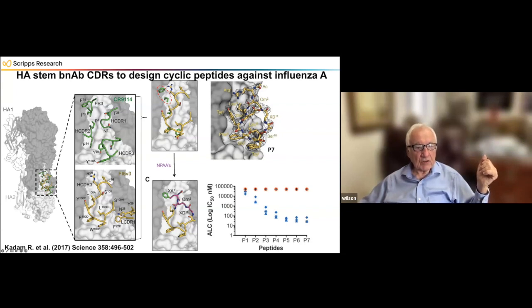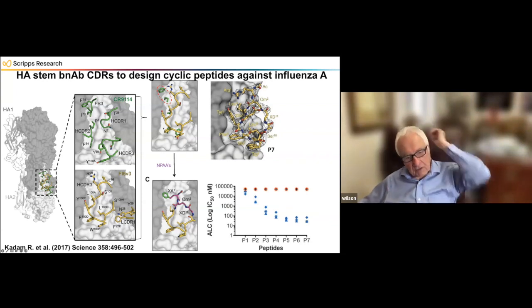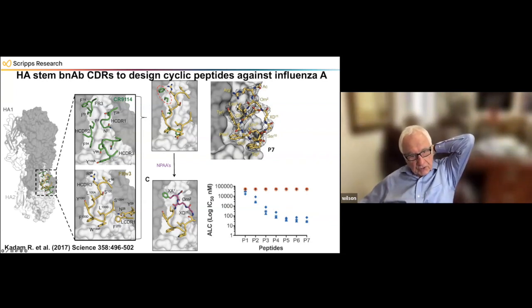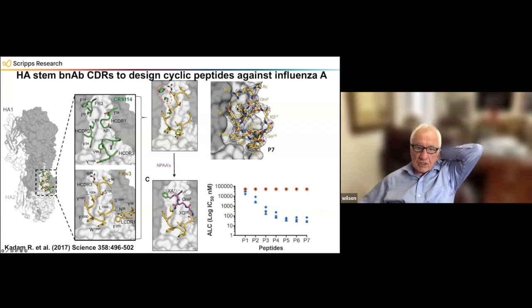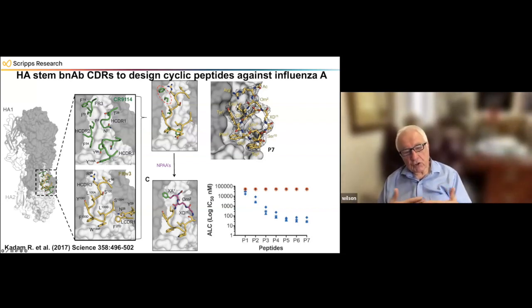Can we pick up this interaction? And then by cyclizing it with proteogenic amino acids, we actually made this compound. Again, this was made at Crucell. We solved the crystal structure, and this turned out to be quite potent. And so this also prevented the fusion activity of the virus.